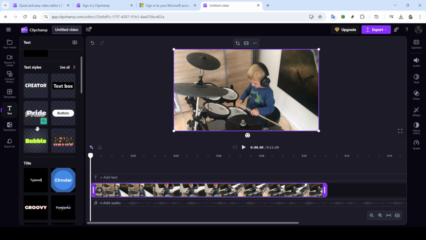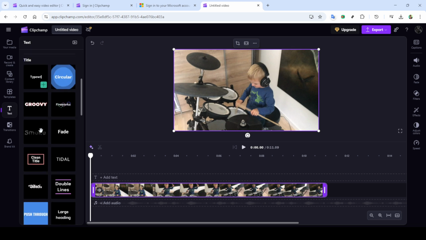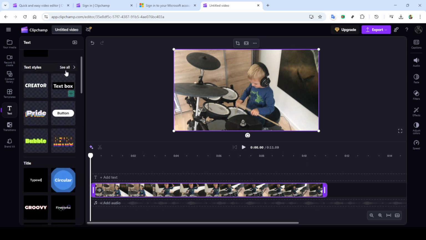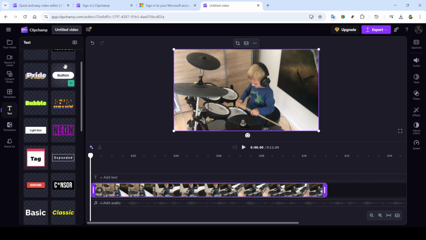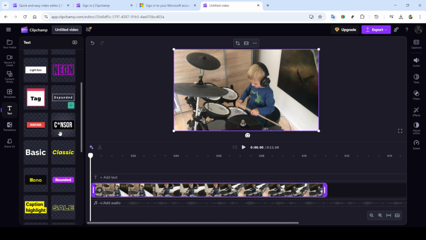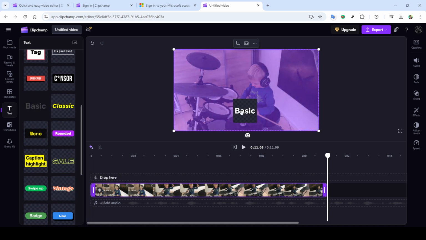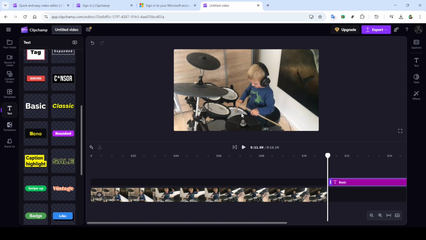Start by navigating to the Text tab in the Clipchamp editor. Here, you'll find a variety of text styles designed to suit any look you're going for. To see all the available options, click on Text Styles, See All, and you're sure to find something that fits your vision. Once you've spotted the perfect text style, select it and drag it onto your timeline, positioning it perfectly